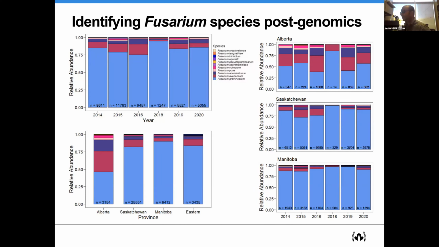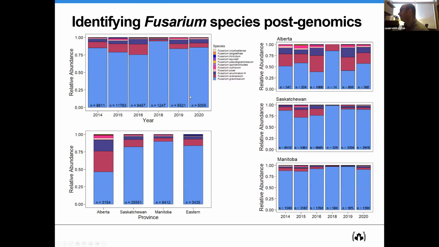So here we have some recent data on the different Fusarium species from 2014 to 2020. And you can see that the most dominant species is Fusarium graminearum. In some of those early 90s and 80s studies I was showing you, Fusarium avenaceum, acuminatum, and sporotrichioides were quite common. Now, across the board, we're pretty much seeing Fusarium graminearum as the Fusarium king when it comes to